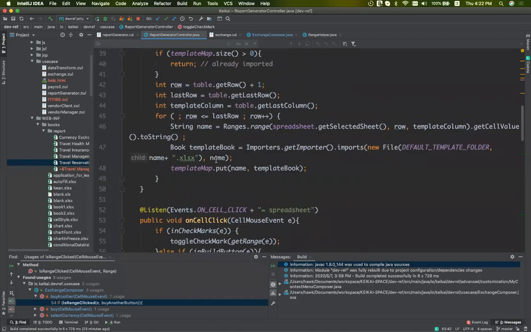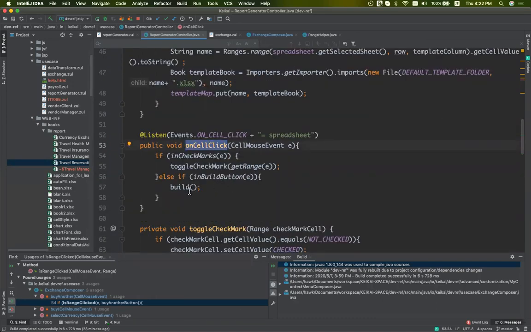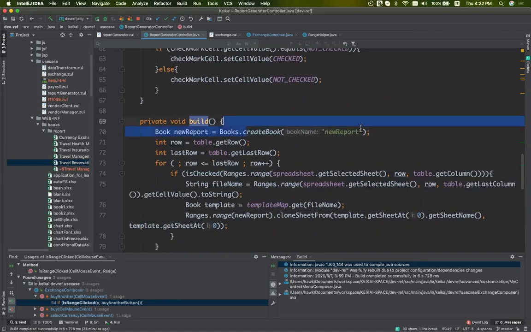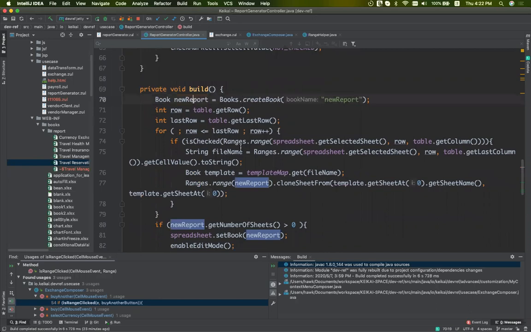Okay, from the click event listener, there's a book build. For example, I will check, did you click the build button? Yes, if you click the build button, then I just run a build. And in this build, I will create an empty new book. This is the API to create a new book. Okay, and for this new book, first I will need to check